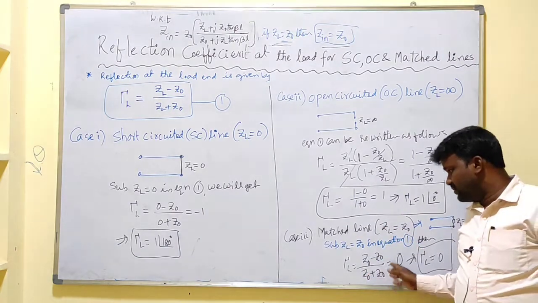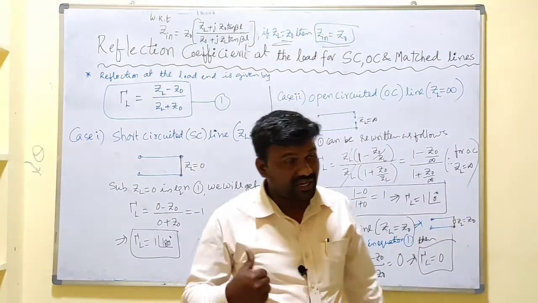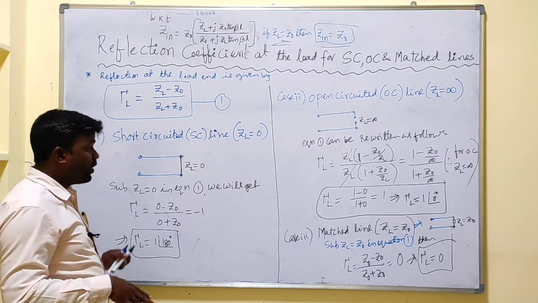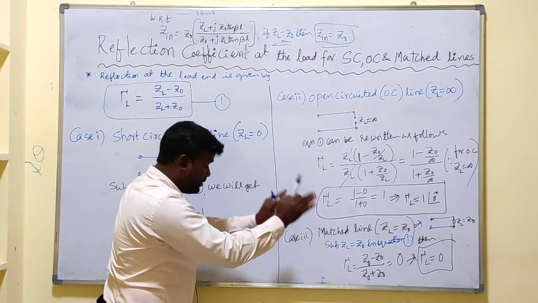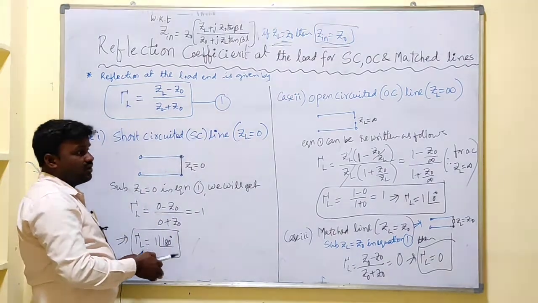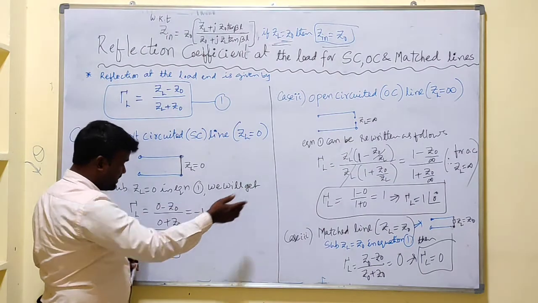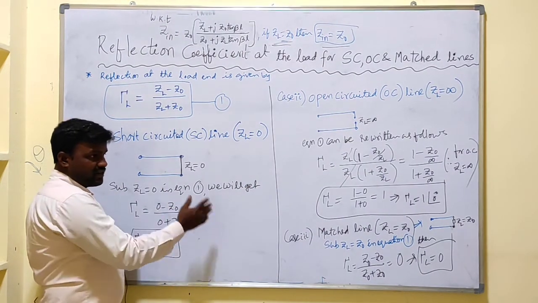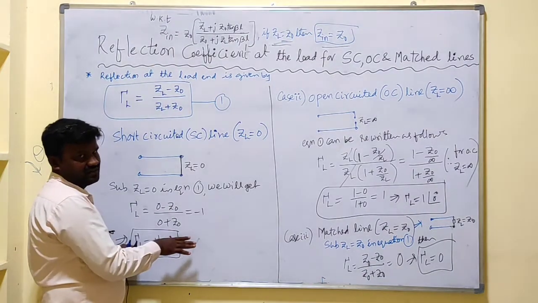Okay. So if ZL equal to Z naught, that case is taken as matched case, whereas short circuited case and open circuited cases are considered as a perfectly mismatched case. What is the difference between this one and this one? In magnitude point of view, these reflection coefficients are equal, whereas only there is a phase difference. So in that case 0 degrees, here we have 180 degrees. 180 degrees means what? Phase undergoes a phase shift of 180 degrees, means minus 1.